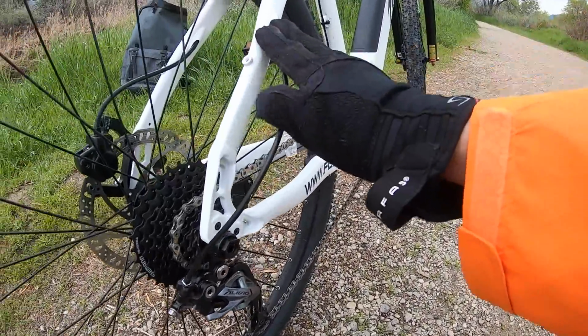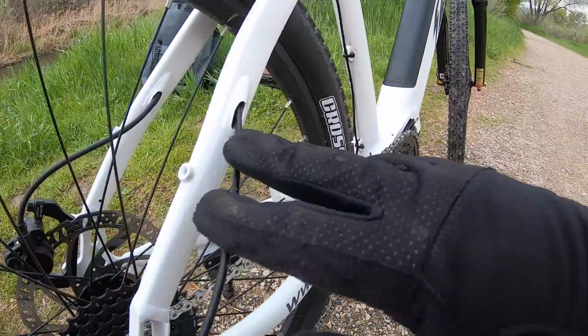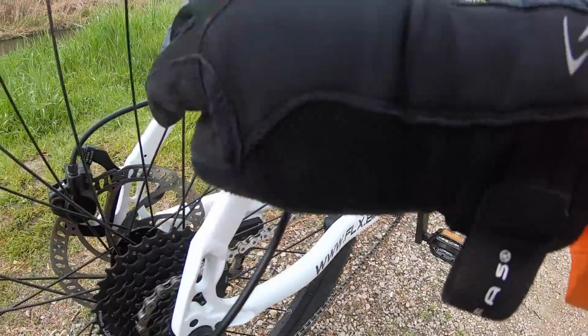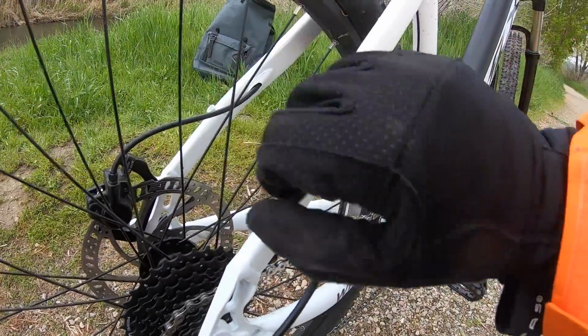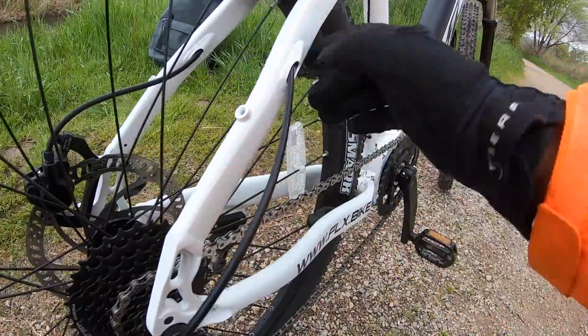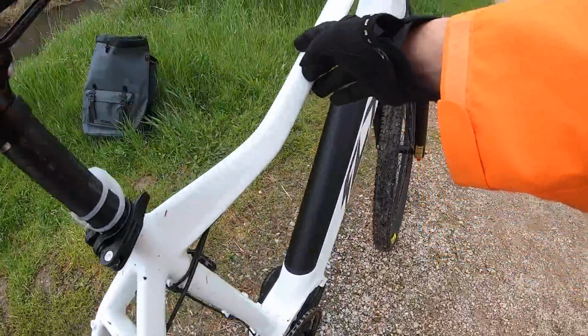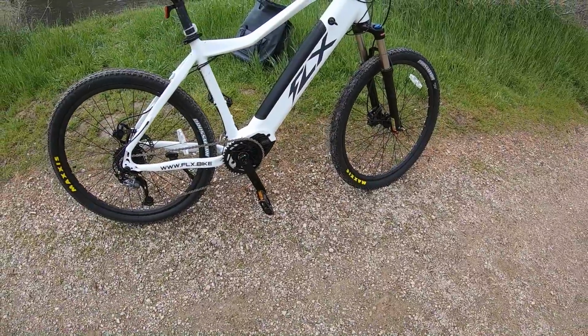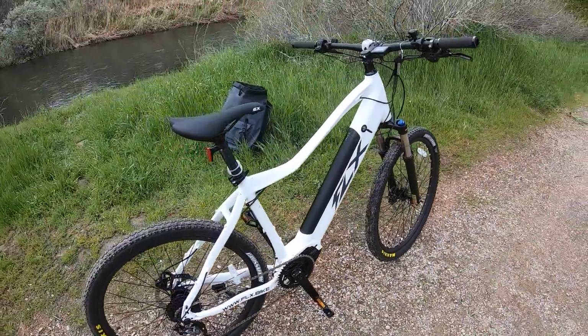I like that the cables are internally routed. That's something for both the mechanical and some of the electrical components as well. You can see on this side of the bike you have the hosing for the hydraulic fluid that's also going internally through the frame of the bike all the way up to the front. So I think that's most of it for the mechanical system, other than a couple of touch points like the